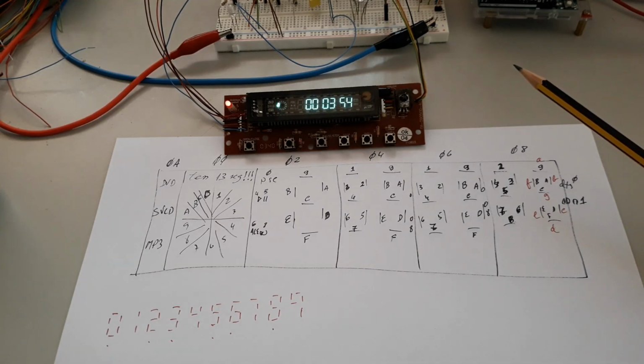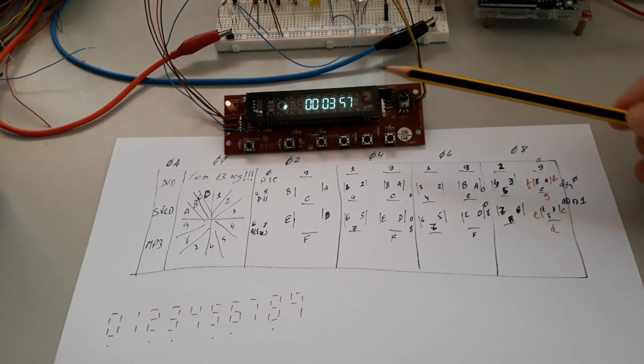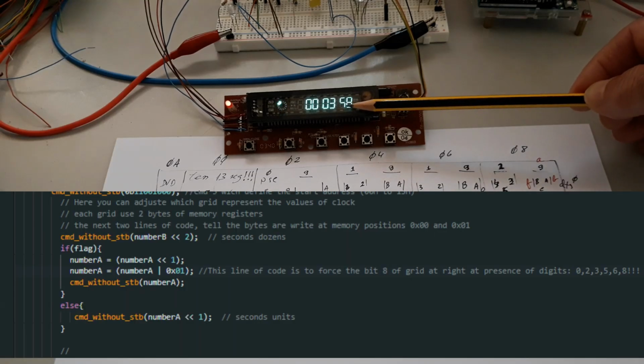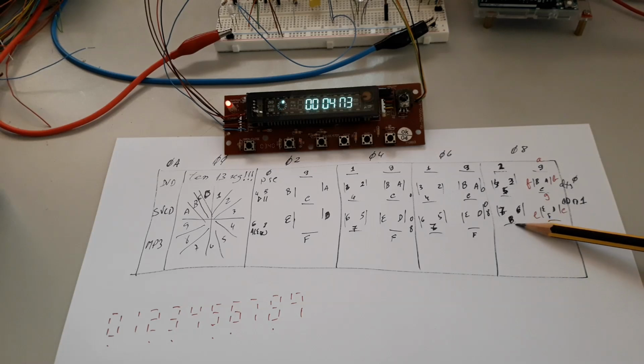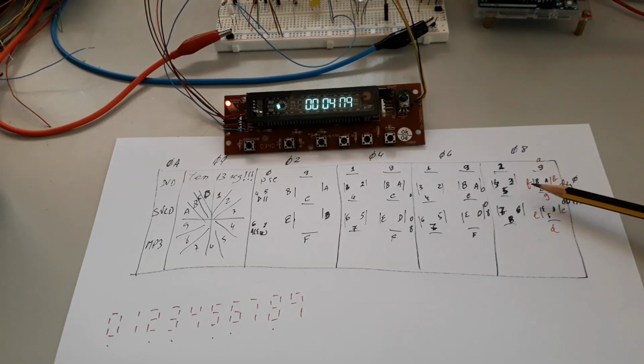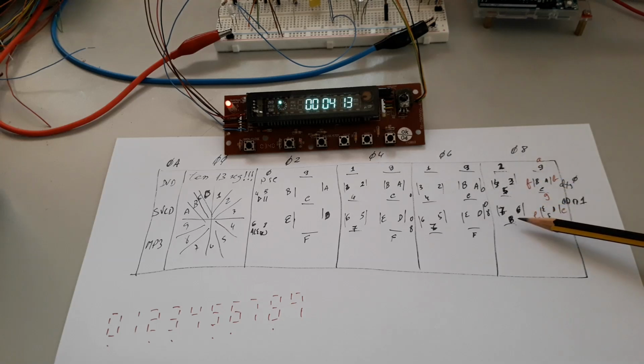I use one flag to force the presence of the segment belonging to bit number 8 at the first grid. Okay, if for example you want to write 0 in the second digit, you need to force bit 8 to be 1. Okay,